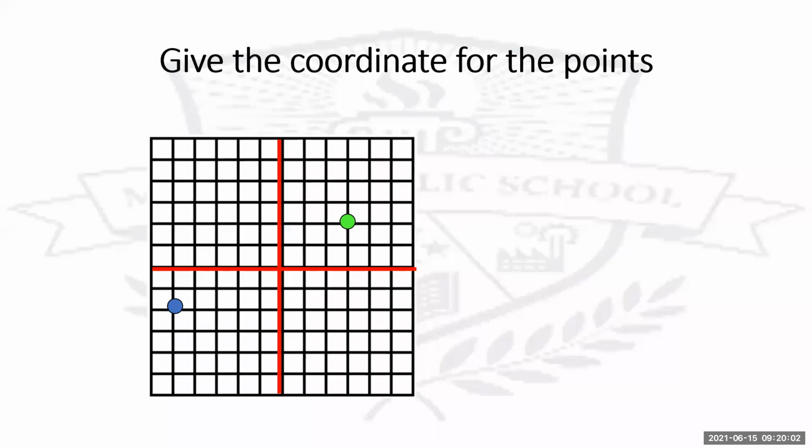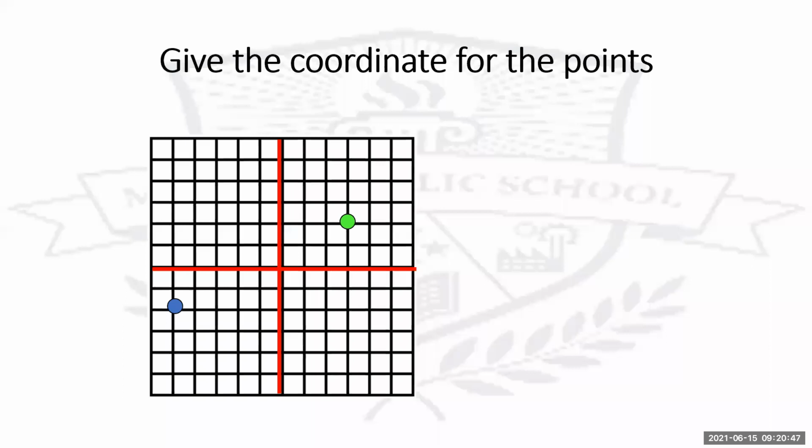Okay. Anybody who wants to try this out? See here, how many positions have you moved? Check. 1, 2, 3. You have moved 3 positions right, beta. And 1, 2, 2 positions up. So 3 positions right, 2 positions up. So what would be the answer? The answer would be 3 comma 2.